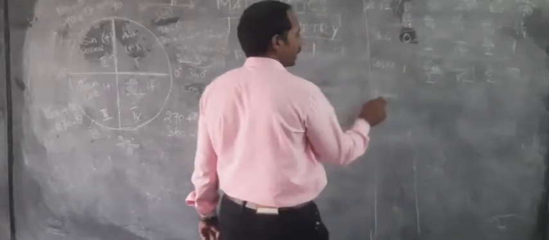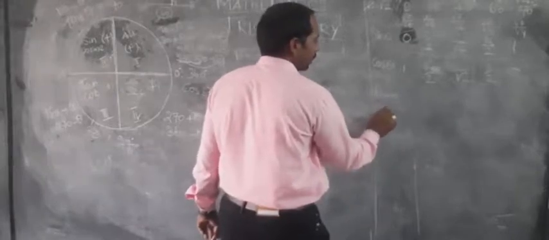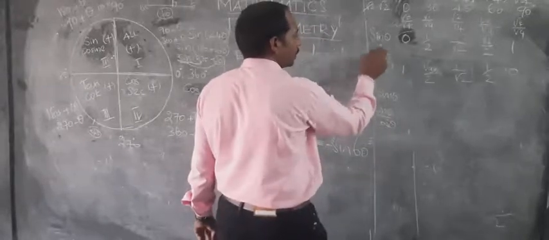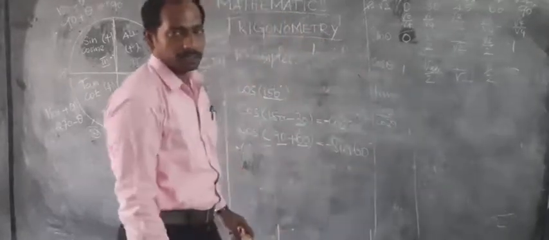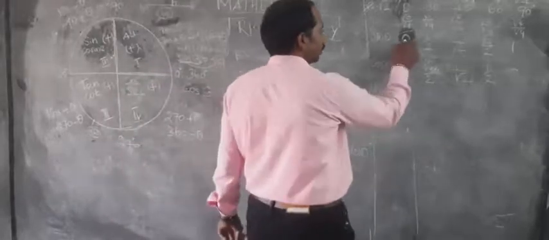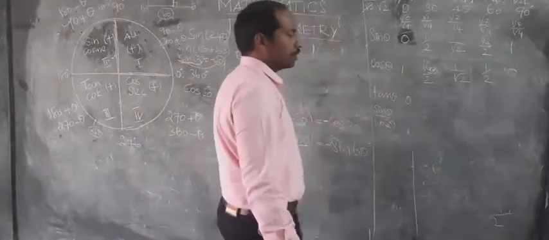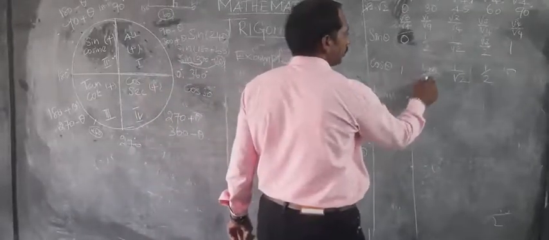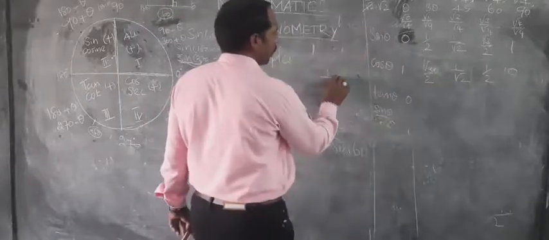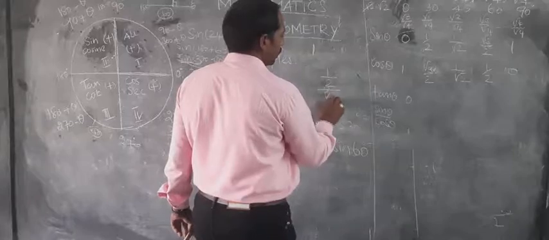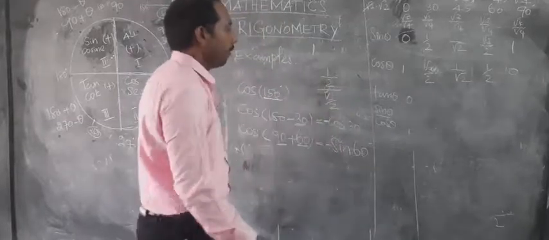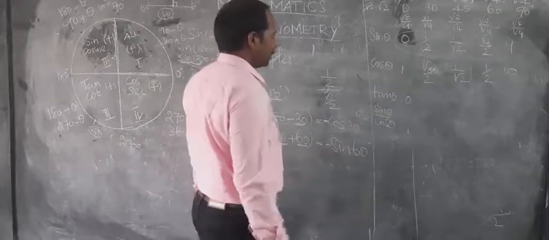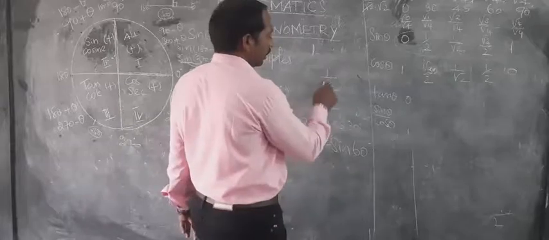So then what is the tan theta? Tan theta is nothing but sin theta divided by cos theta. So what you want to do is just find the divided value, then you can find the tan theta value. 0 by 1, anything by 1 is 0. So here 1 by 2 over root 3 by 2. For example, 1 by 2 divided by root 3 by 2, how do you simplify? Already I have explained it in the previous YouTube channel video. Just you go through, you can get the good point.